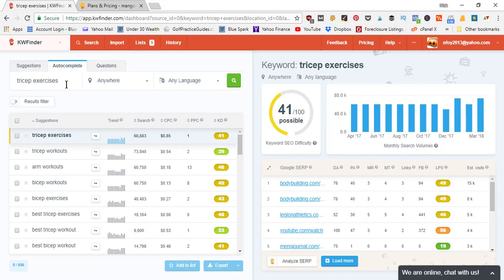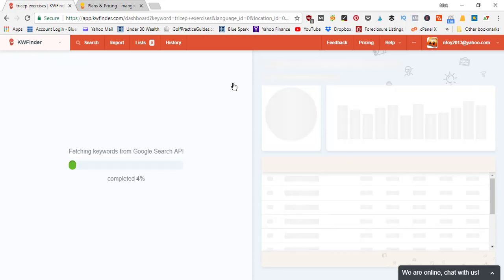So if you start typing in an idea like tricep exercises, it might auto-fill suggestions here. So let's go ahead and click search and see what that one does. So it might put the word best in front of it, or the 10 best tricep exercises. So it might fill in some other things that people search that has that same exact keyword still in the